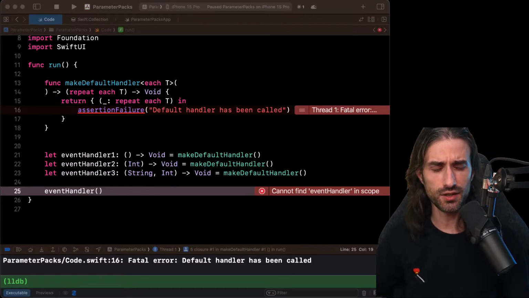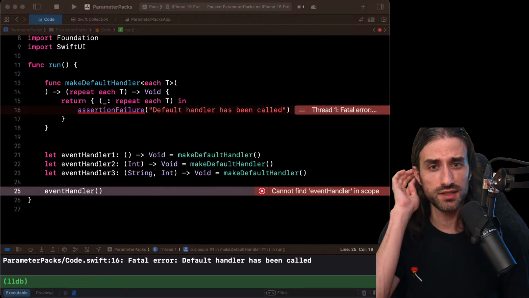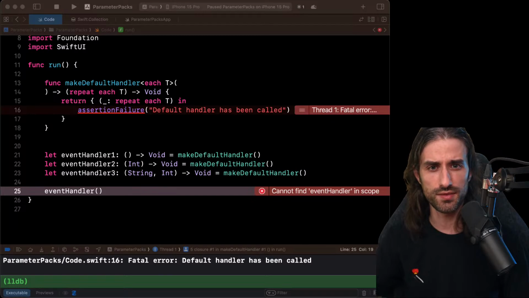And it won't be that difficult to add, because it's just this function make default handler. So it's literally 5 lines of code that you need to add somewhere in your project, and then call this function whenever you need a default handler that is not supposed to be called. And when it's called, it's definitely a mistake. And so it will do an assertion failure, it will log an error, etc.